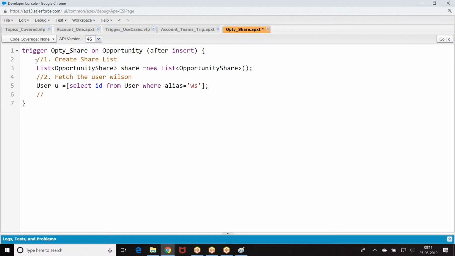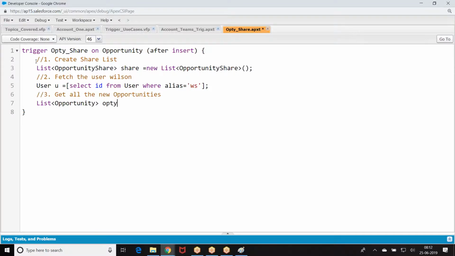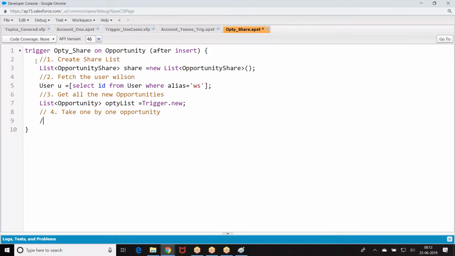Then get all the new records. Take one by one record. Right, take one by one opportunity.